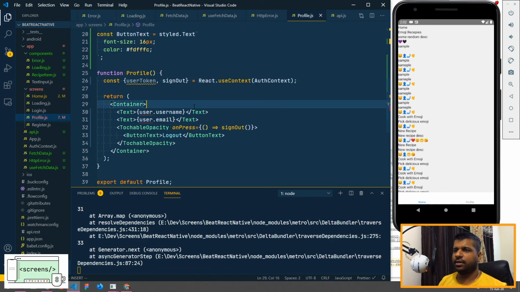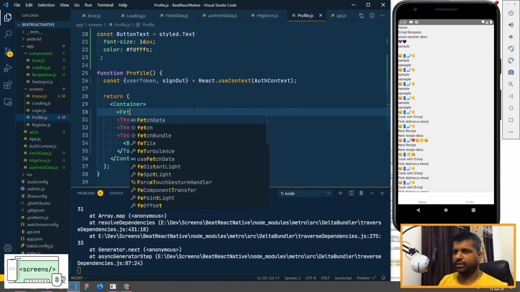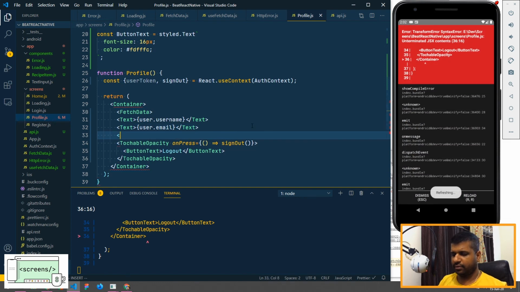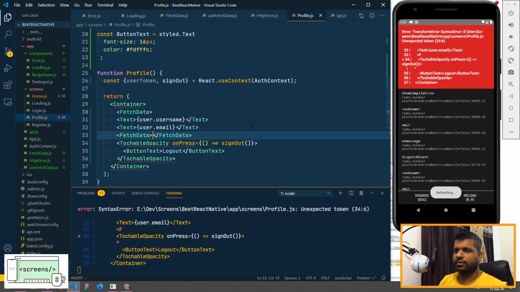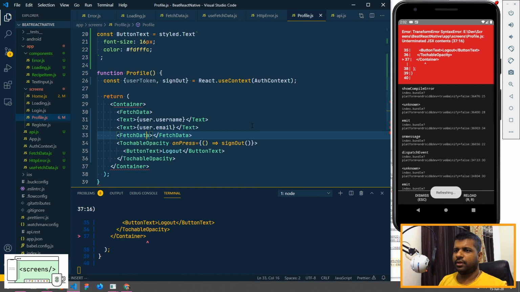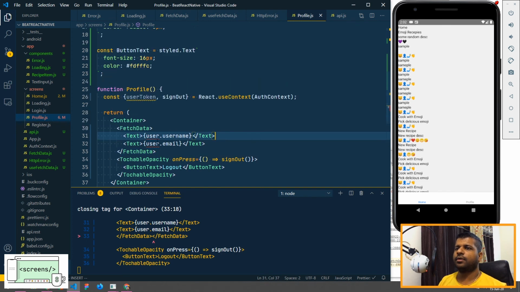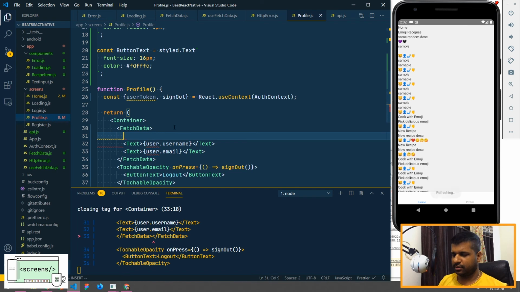So what I'll do is I will wrap fetch data and leave out the logout button because that has nothing to do with fetch data. Okay. And we need to wrap everything inside.